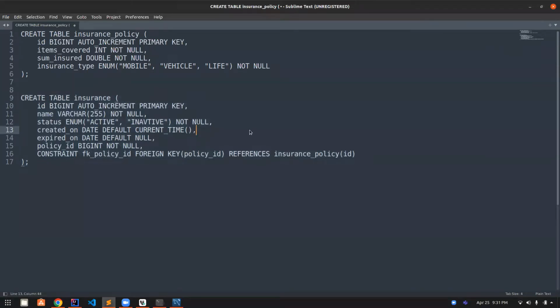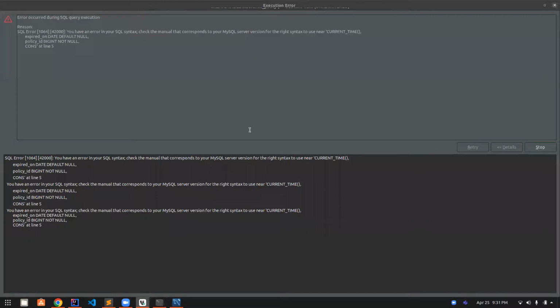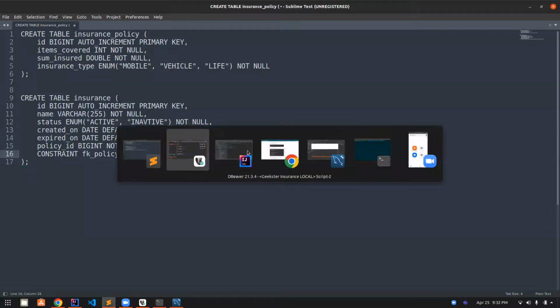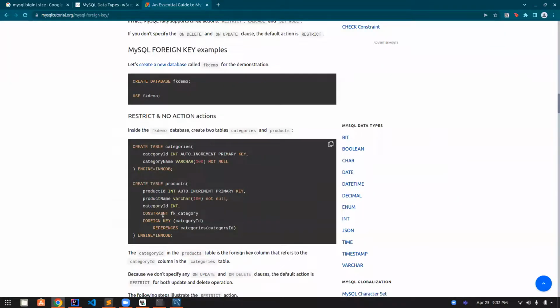What is the problem? Okay, let me just check. In your current time, expired date default null, policy begin not null. Okay, constraint. There is a constraint FK policy ID. That's what the example says, right? Constraint FK